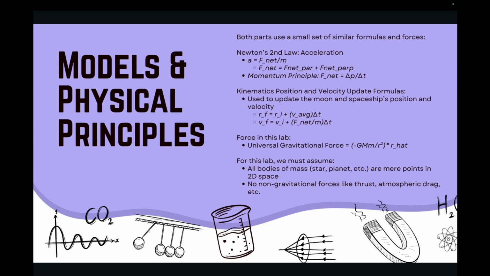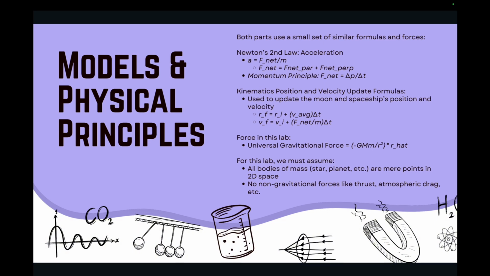Both parts use a small set of similar formulas and forces. The first one was Newton's second law, which is a equals F over m, which can also be written as F equals delta p over delta t, which is the momentum principle. Kinematics equations for position and velocity were also used to update the moon and spaceship's position and velocity, specifically in part 2, where final position equals initial position plus v delta t, and